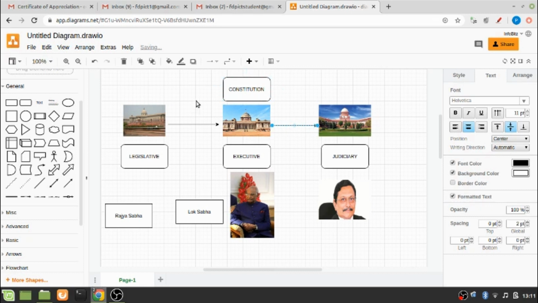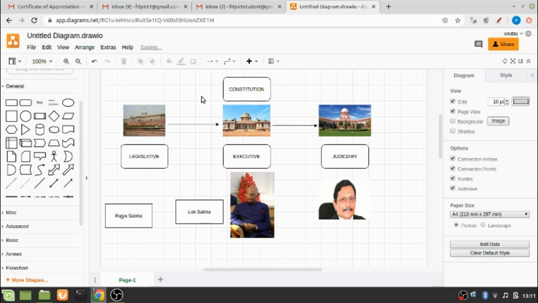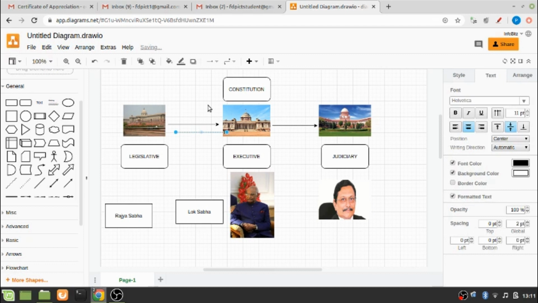Okay, so here also I have to put some arrows. I have modified the arrow in the direction in which I want it to be, and I can do the same for the other option as well.